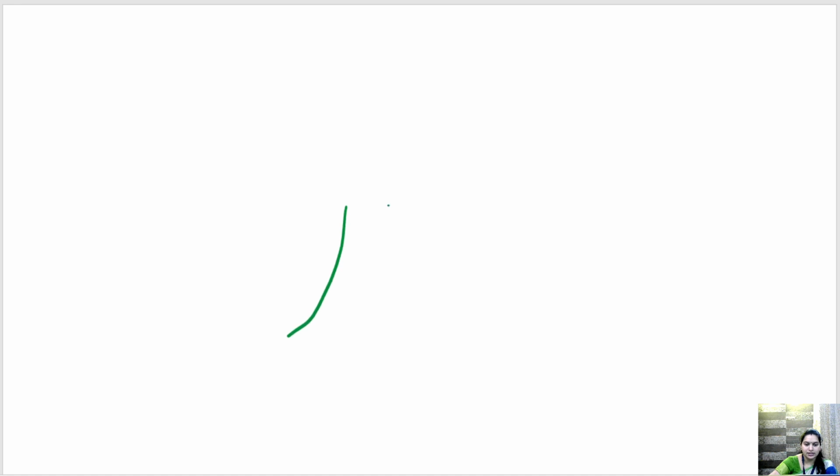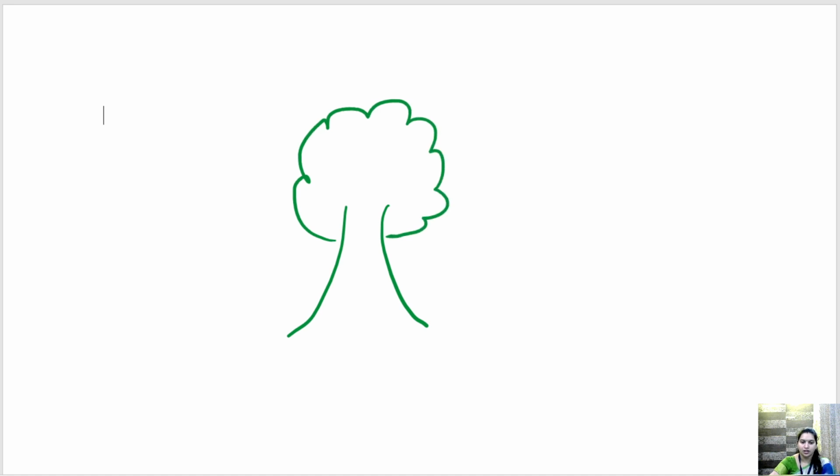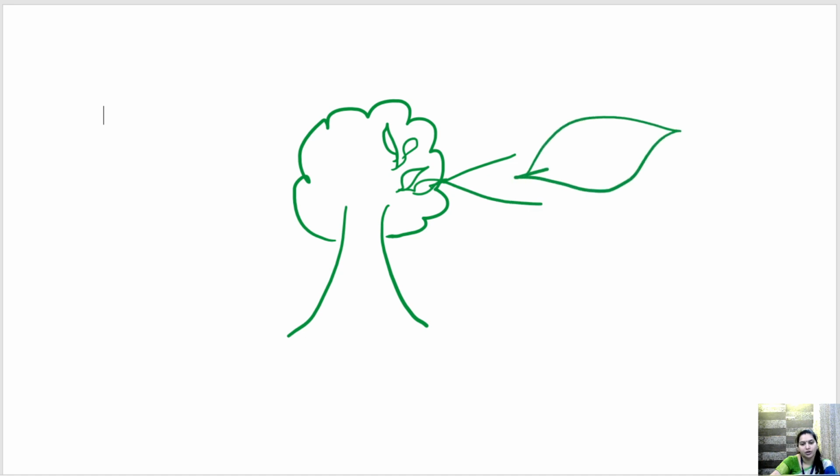See, this is a tree. Yes, this is a tree. Alright. What it does, it has a leaf, na? It has various leaves present. Alright, so various leaves are there. So I'm just zooming one leaf. Okay, so let's see what this leaf has to do. Okay, so this is one leaf.